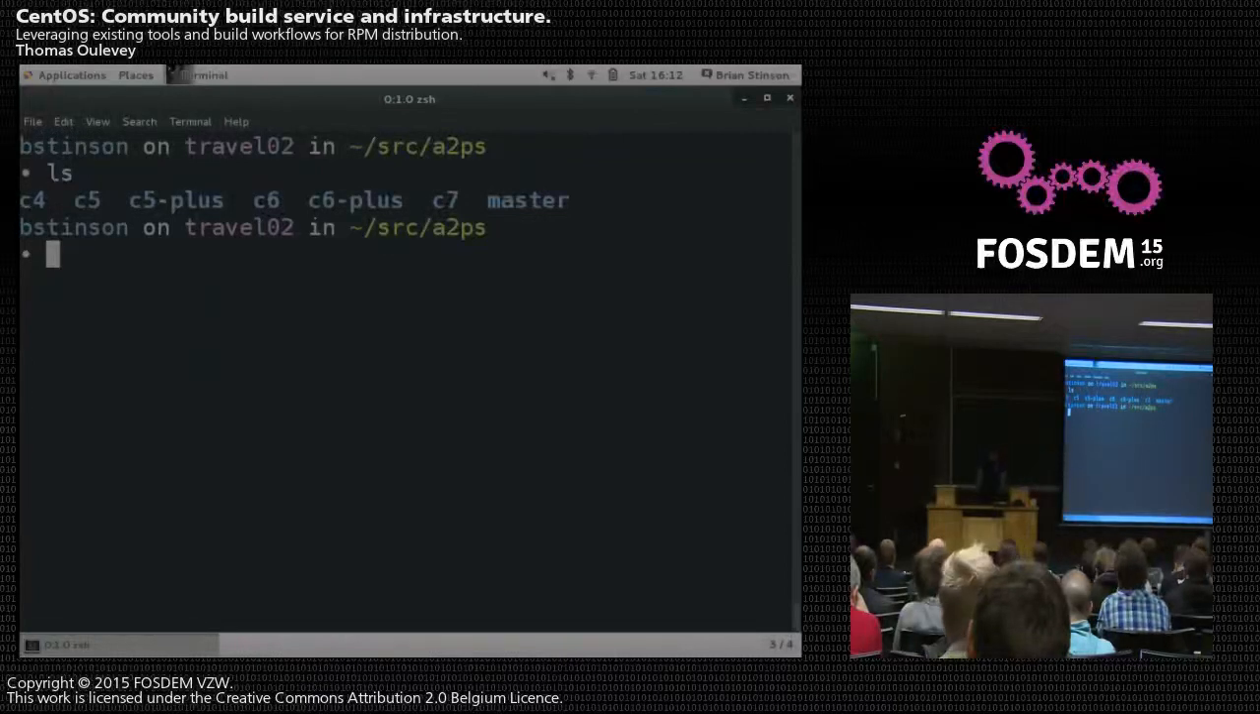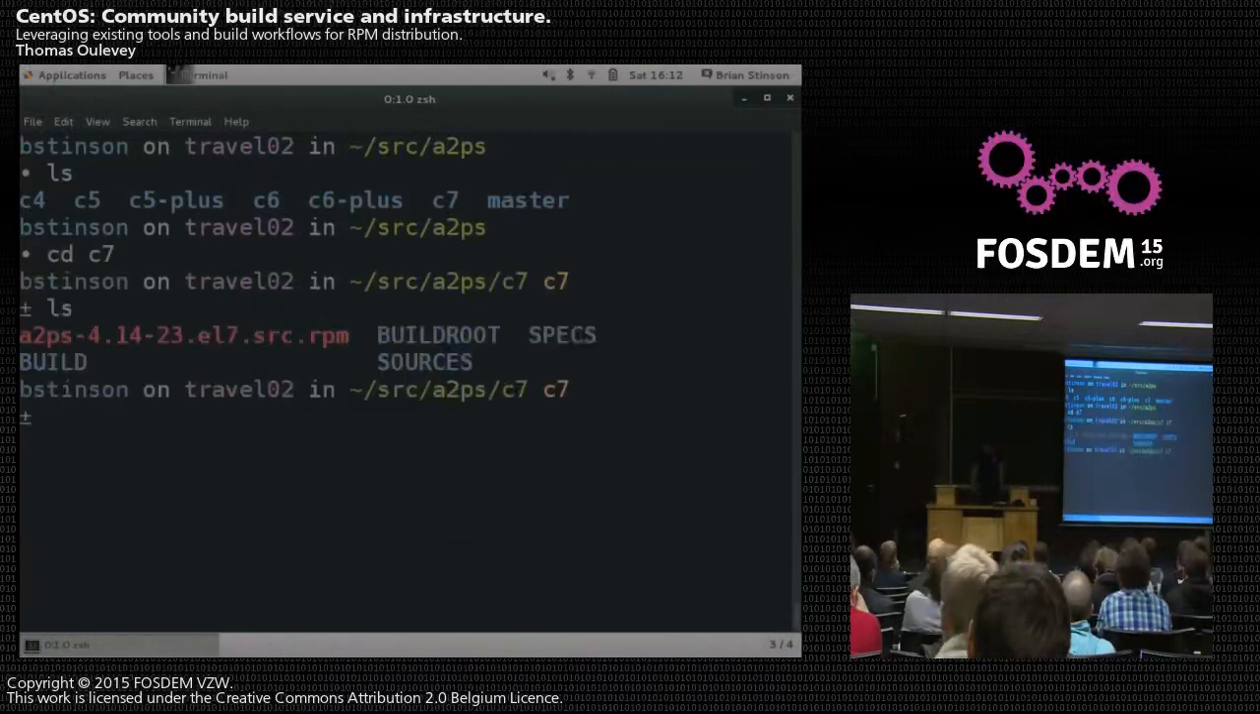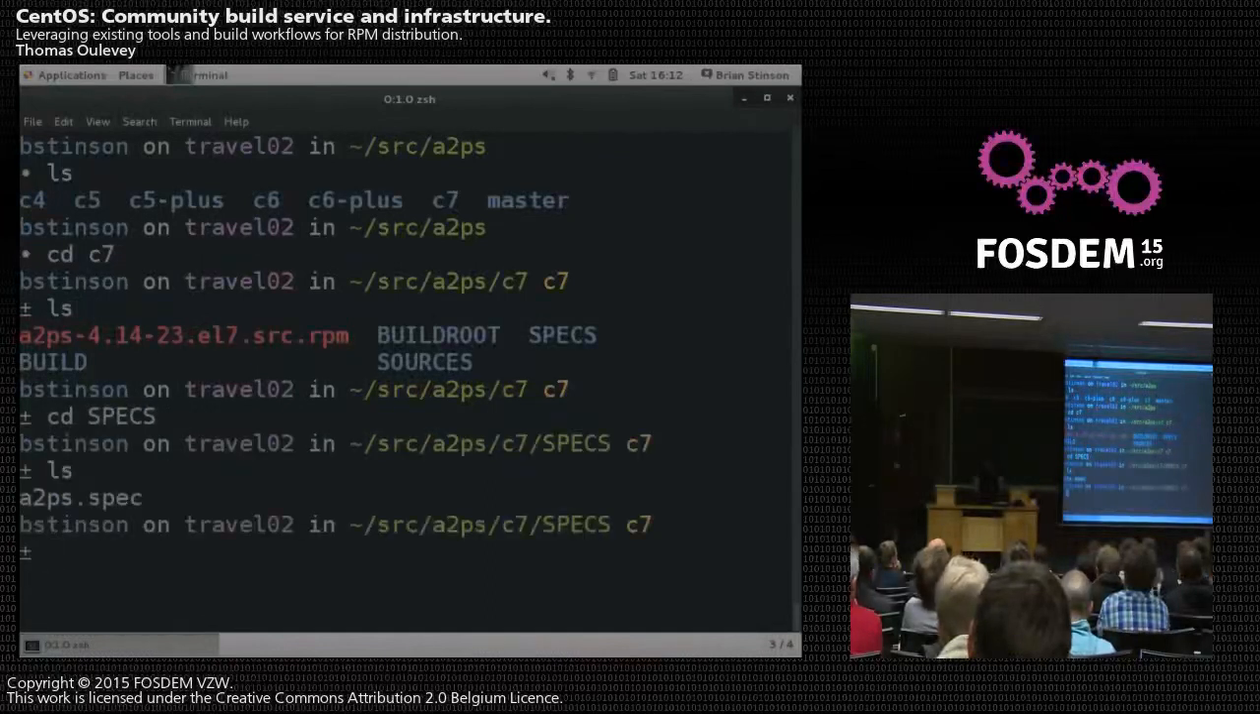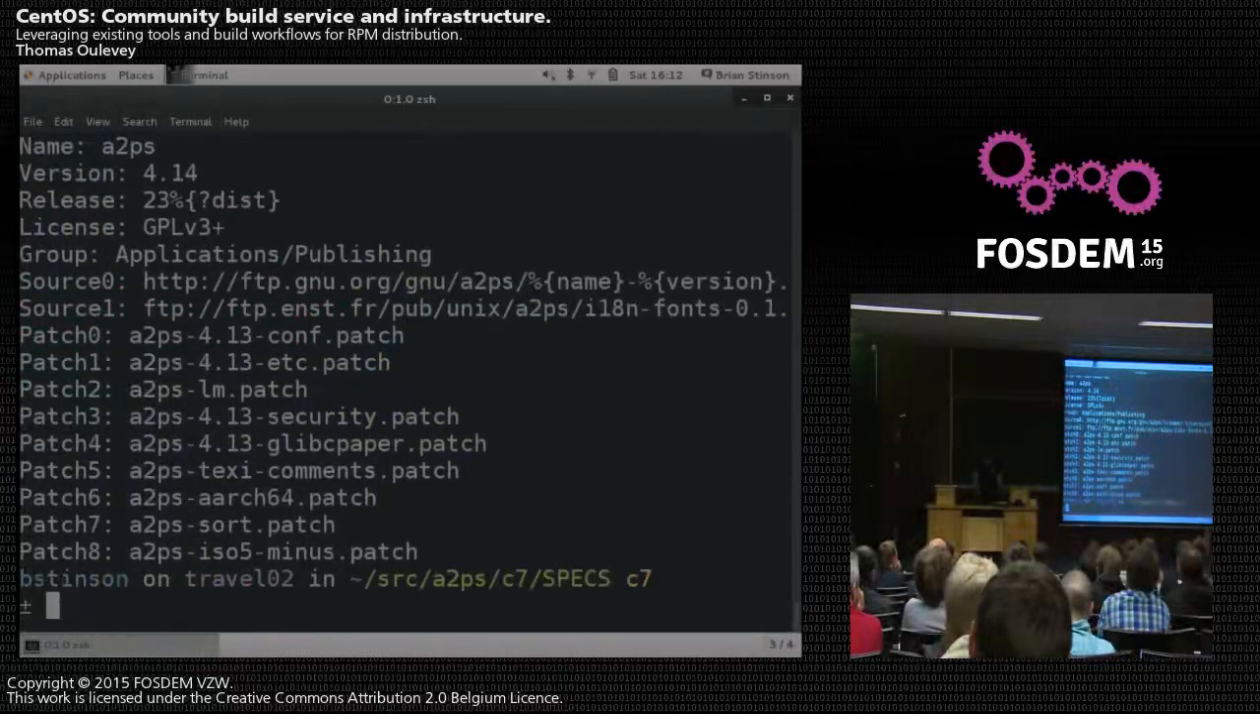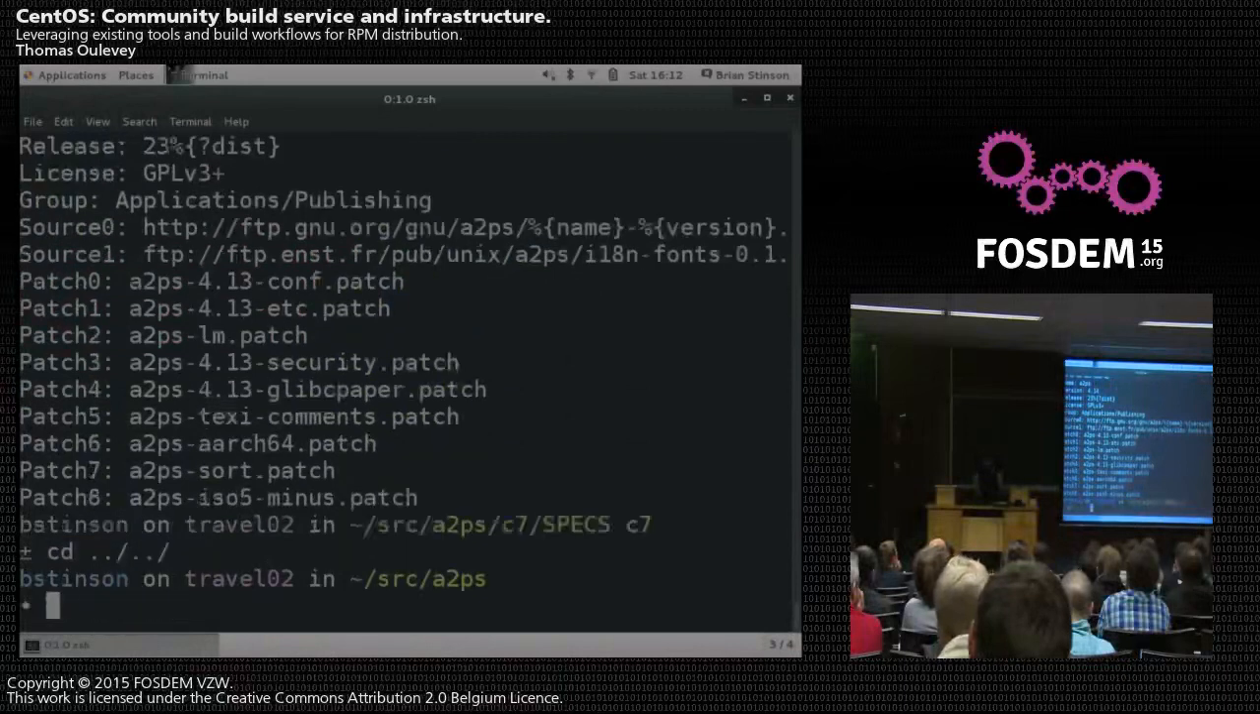So if we head into, we have the original A2PS spec. And that's a lot of text. You don't need to care about that. But the idea is,